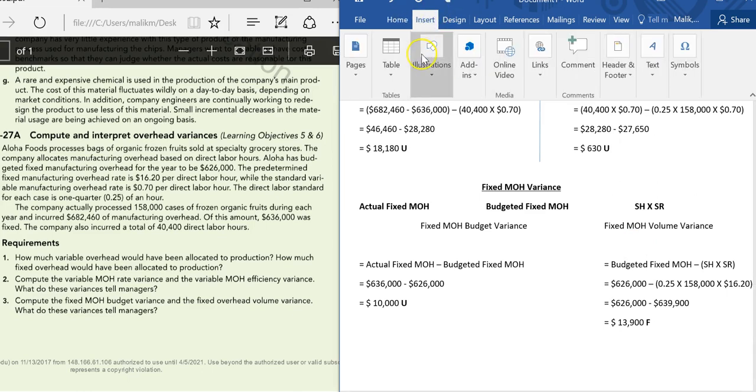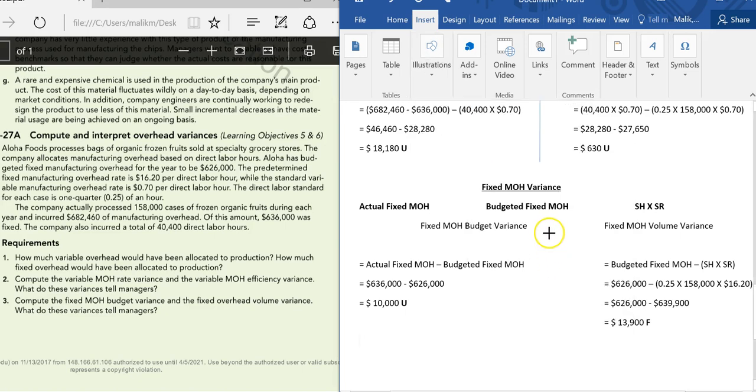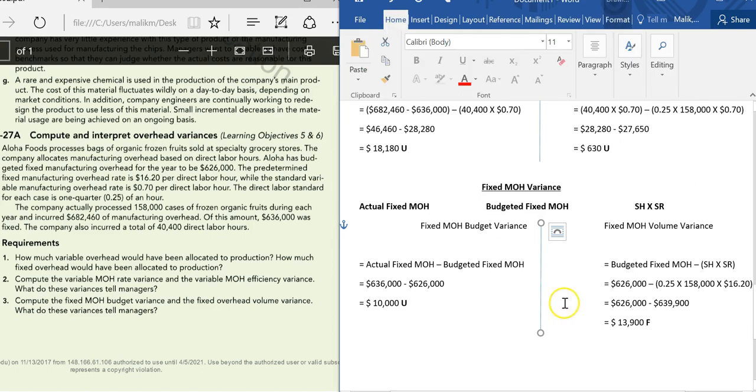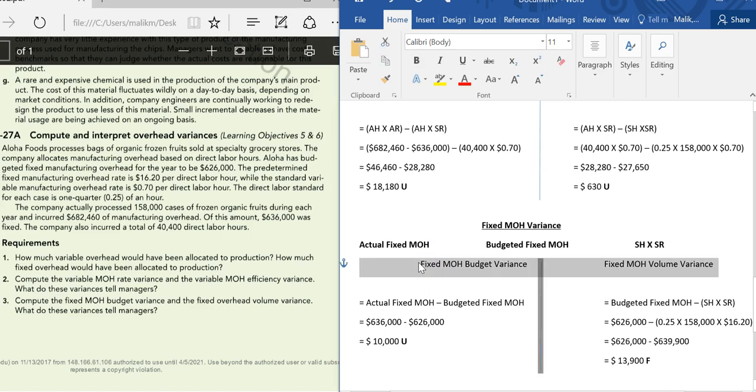And this is how you can calculate your fixed overhead variances. And for this one you have two types of variances. One is the fixed manufacturing overhead budget variance, and another is the fixed manufacturing overhead volume variance. Again, I love to use these boxes. These boxes are actually useful and helpful to memorize or to remember all these formulas. So hope you will practice this problem and you will also do